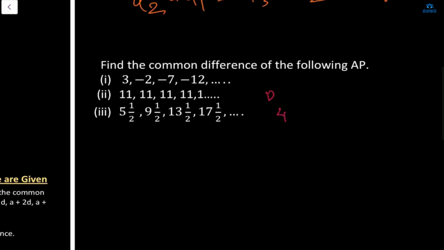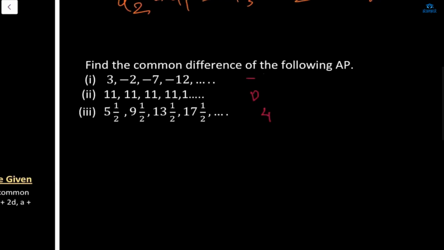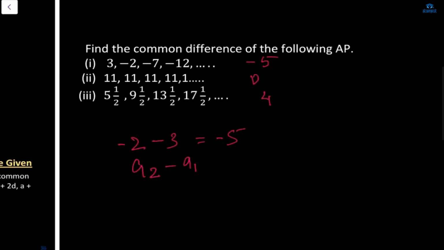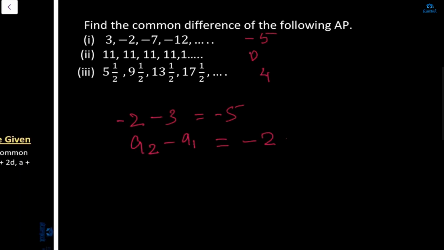Excuse me, ma'am. Can you do it once? And -5. You just have to find the common difference, Shazan. Ma'am, I know. Can you just put it in the formula and do it? -2, -3, -5. The formula will be A2 minus A1, or you can apply any of the terms. So A2 minus A1 here will be -2 minus 3, which is equal to